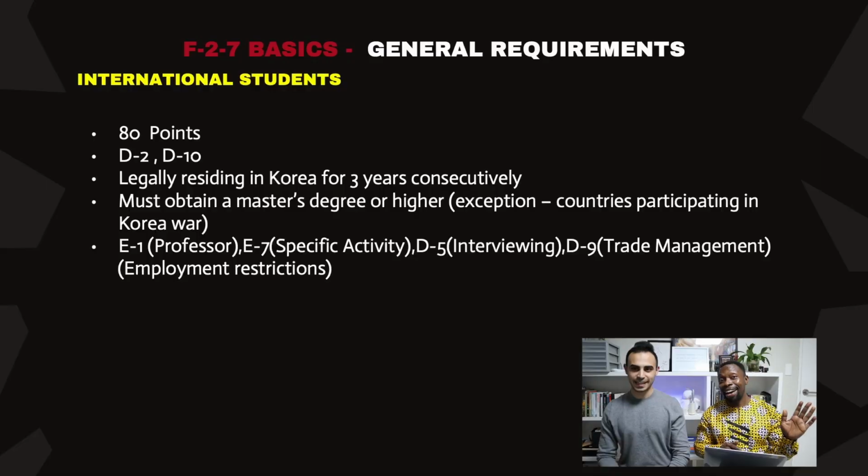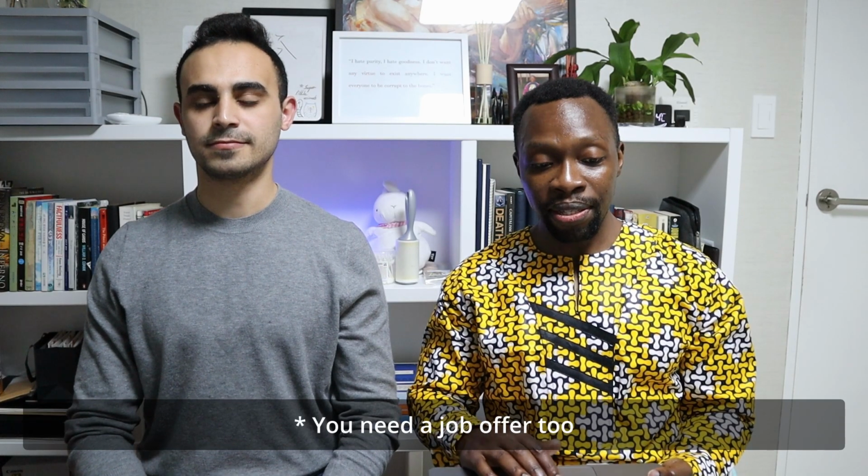Yeah, you won't have to wait 2 more years. You will have just finished your first year only. You will be able to prove that you have an income of 40 million or more. The second category of people is international students. This is for people with master's degrees or higher, master's and PhD students. If you've been residing in Korea for more than 3 years consecutively and you have 80 points, you can apply for